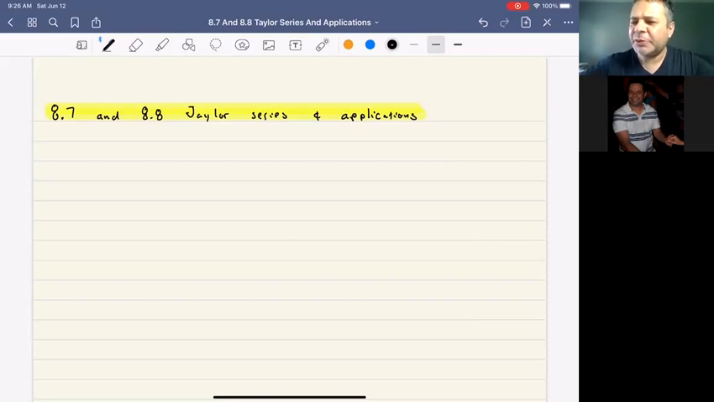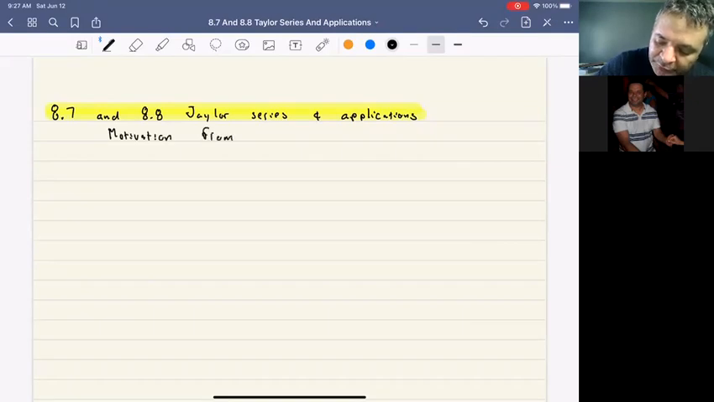I'm going to do a little bit of motivation of Taylor series and power series. Okay, power series, Taylor series, the line between them is a little bit blurry. But let's do a little motivation from diffy Q. Okay, so let's suppose